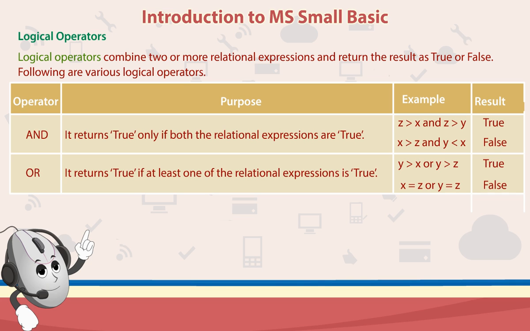False. Or: it returns true if at least one of the relational expressions is true. y is greater than x or y is greater than z: true. x is equal to z or y is equal to z: